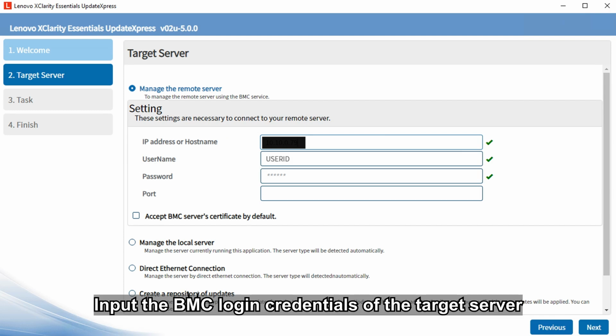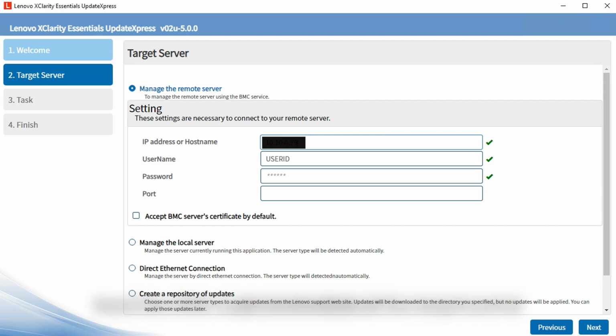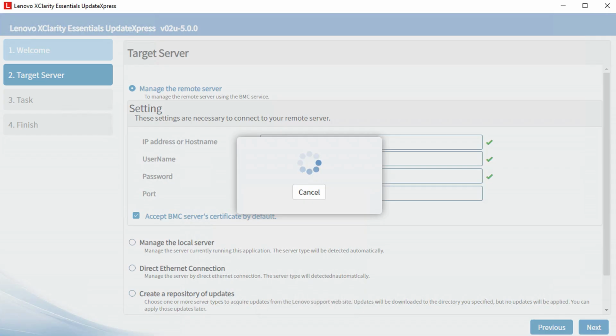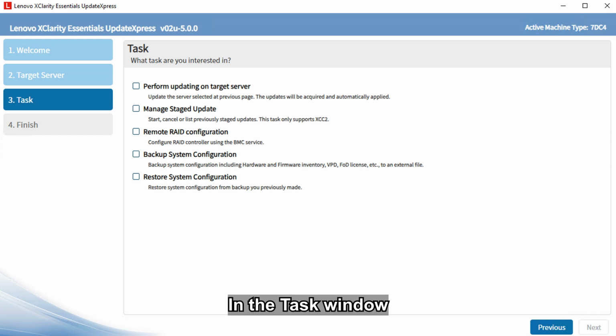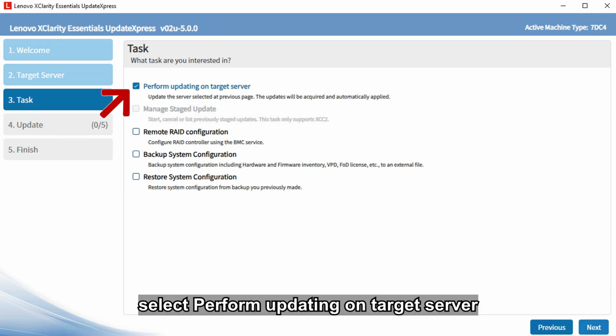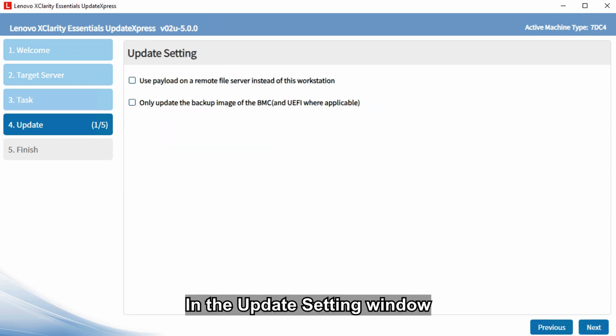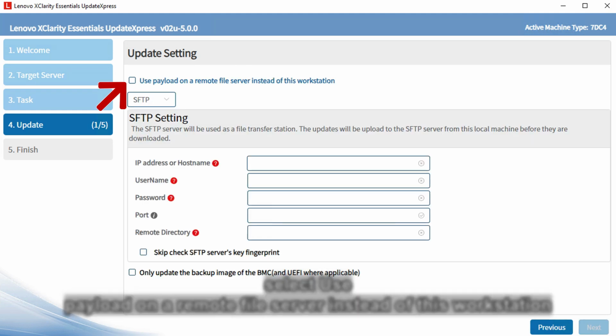Input the BMC login credentials of the target server, BMC IP address, username, password, and port number. Click Next. In the task window, select Perform updating on target server. Click Next. In the Update setting window, to use a separate remote server instead of the BMC one, select Use